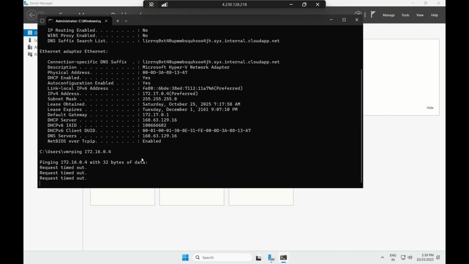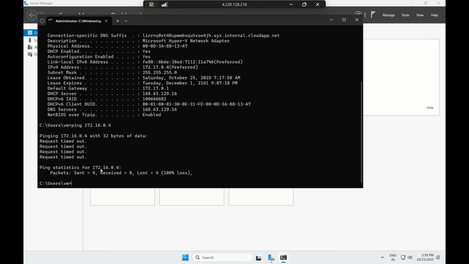So you can see the request timed out. Why is this exactly happening? You're not receiving anything, which means 100% loss. That means you're not receiving anything from virtual machine 2. The packets are sent, but they are not received, so you have 100% loss here. This is because there are firewalls in your machines which restrict connecting to the IP addresses,